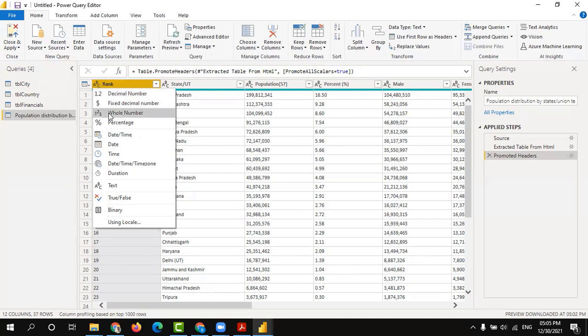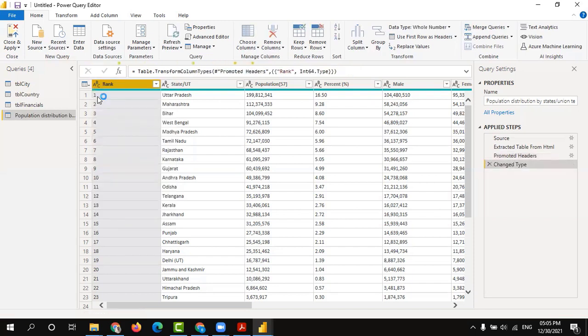It is a whole number, and it is not a percentage. It is not a date and time. It is not a date. I'm going with whole number. Now see, this ABC changed to 123. So 123 stands for whole number.